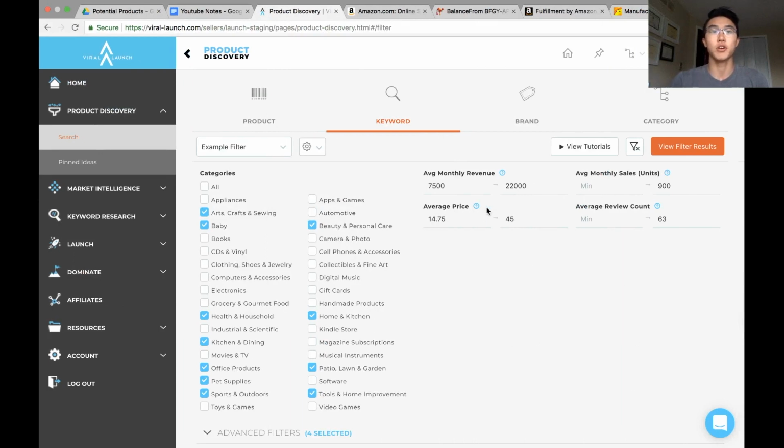So to start off, you're going to need Viral Launch's product discovery. Now, if you've ever used any other product research tool, it's very similar. It has a bunch of filters for you to fill out, and you just fill those out. In my opinion, this is the best one because it has this keyword search tool, which instead of finding products on Amazon that fit your filters, finds keywords on Amazon that fit your